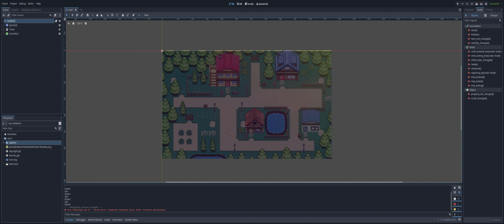Alright, so for this I just have a Node2D for my default. I'm using a sprite to represent my whole town here. Obviously you would probably be using a tile map yourself. Now to make the day-night cycle work, I'm using a timer with the timeout signal connected to the script. And I have a ColorRect, which is representing our